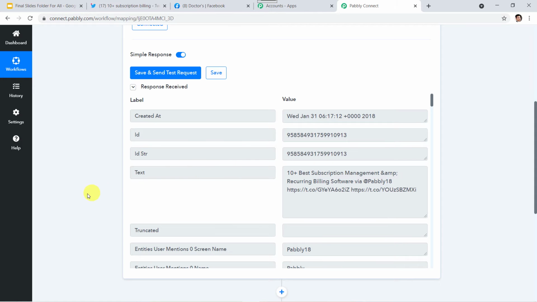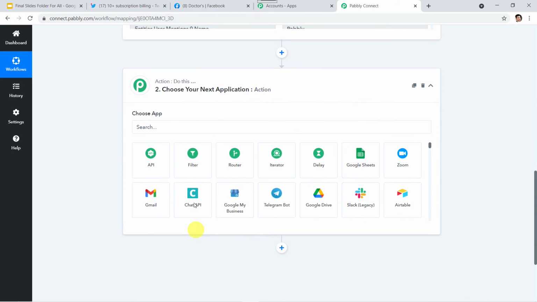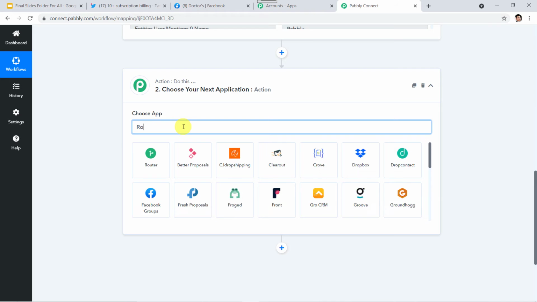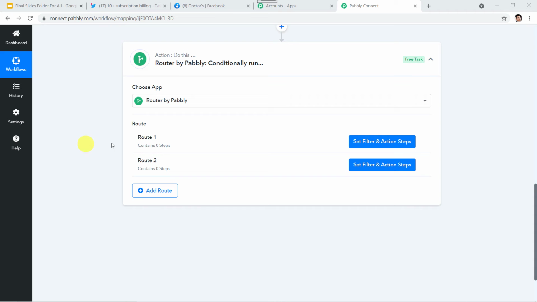So to apply the condition over here in the action window, we are going to select routers. So let us select the router here. Here we can see route 1 and route 2, where we can set the conditions. I'll just rename these routes.